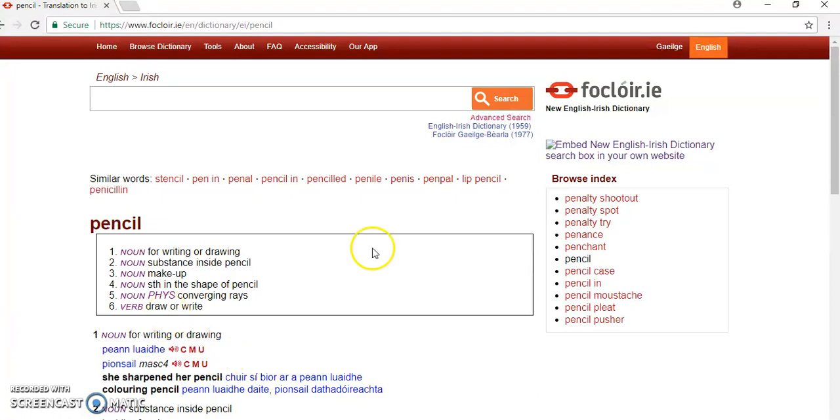So that is basically exactly how to use the site. So Focloir.ie, search, and then down here, you have the definition. So that will be very useful when you're looking up your nouns and to add to your audio dictionary because